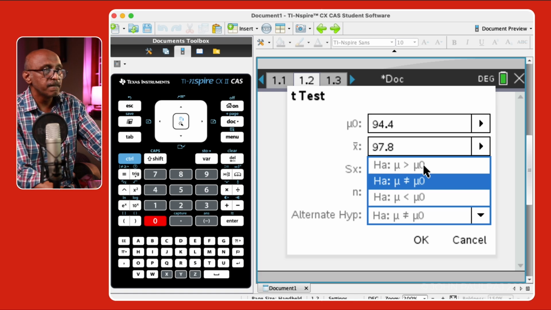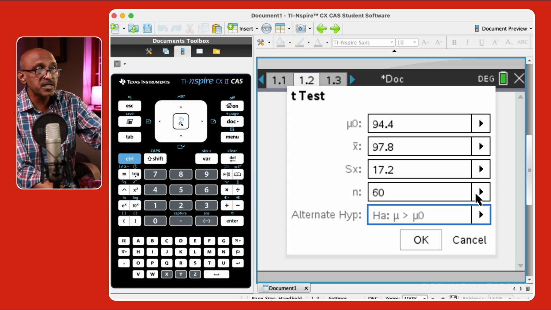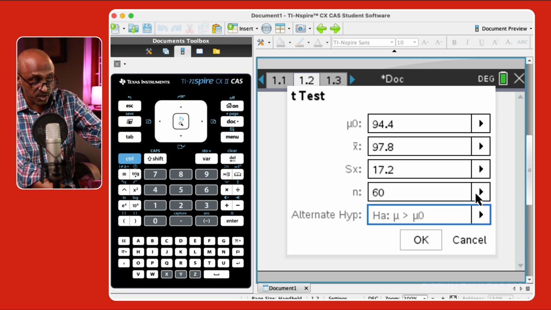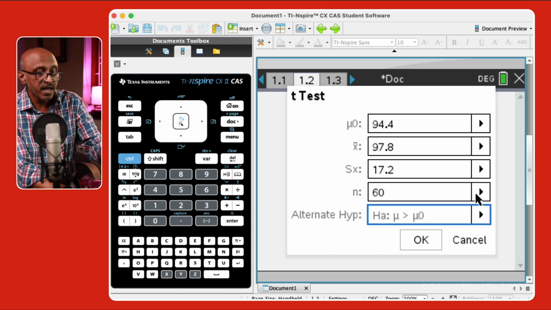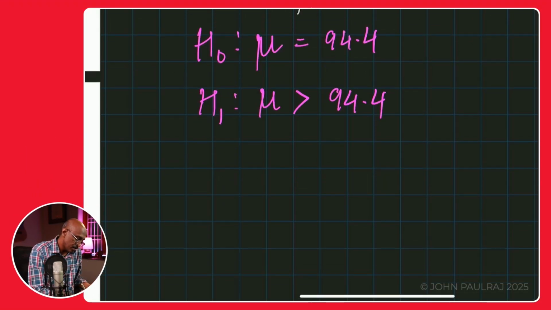It's greater. So if this is all clear, make sure that you copy this down. Again, when you say using GDC, you should copy this down, and I'm just going to do that quickly. So using GDC,